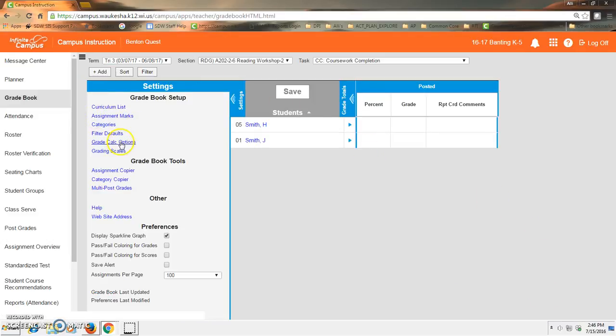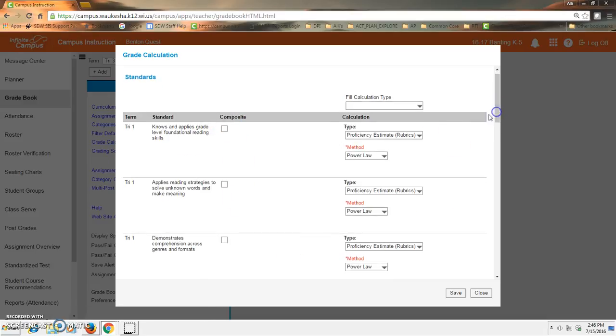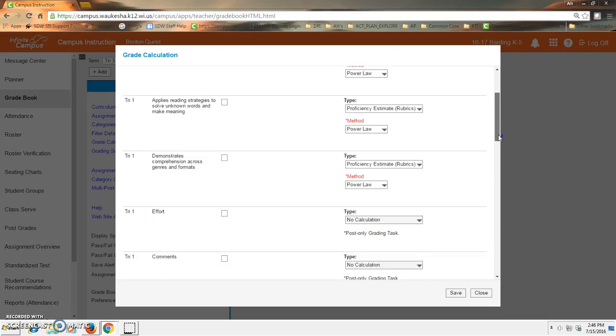The next area that has been set up is the grade calculation options. Each standard that is a curricular standard has associated with it a proficiency estimate and the power law method for calculating the proficiency estimate. These are not locked, but they have been set to power law. You can adjust them based on your criteria and understanding of what method will provide you the best estimate of